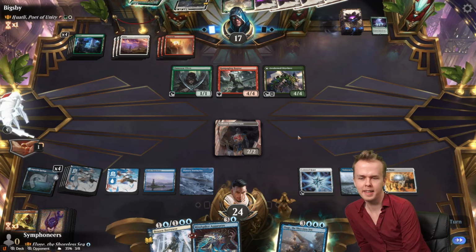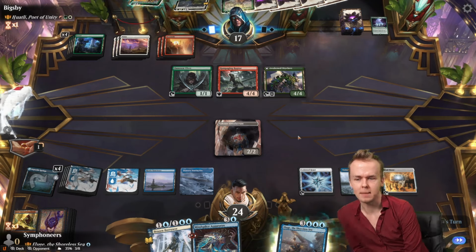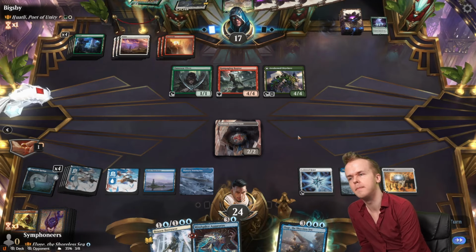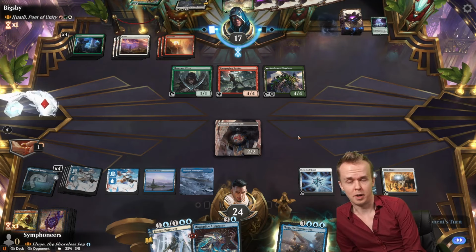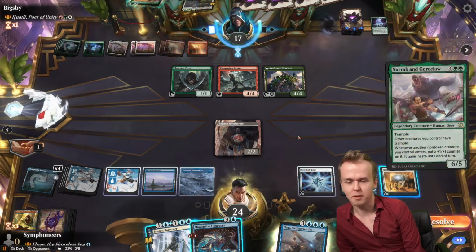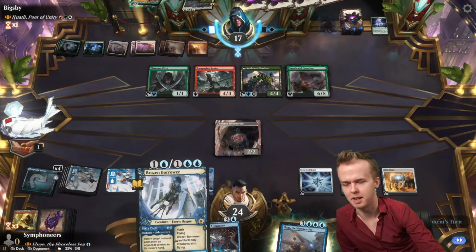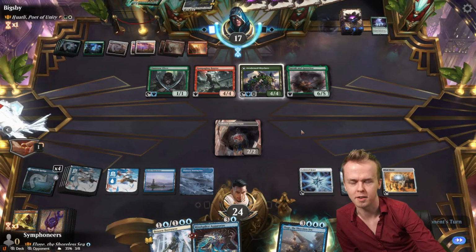I think we're just mind splicing here. We're mostly keeping up the Brazen Borrower as a kind of emergency option. Our opponent sure is hitting the rope every turn. Or sorry, we can mind splice plus Brazen Borrower. I don't know why I'm...